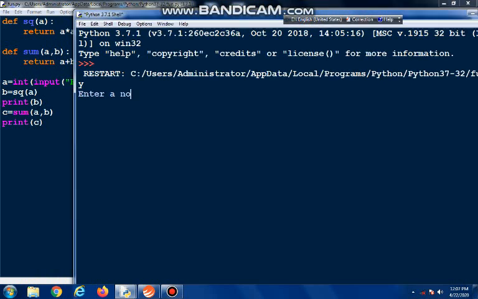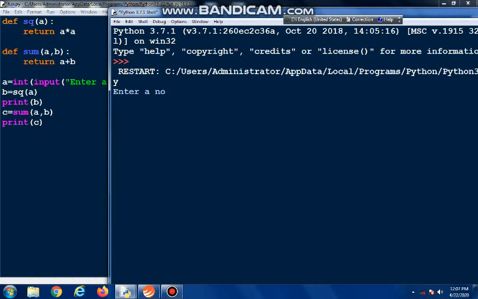Enter number, just concentrate on this code simultaneously. Supposing the number is 10, the square of 10 is 100. 100 will be stored in b, it will print 100, and then 10 and 100 will be passed to the sum function. The value of a is 10 and b is 100.